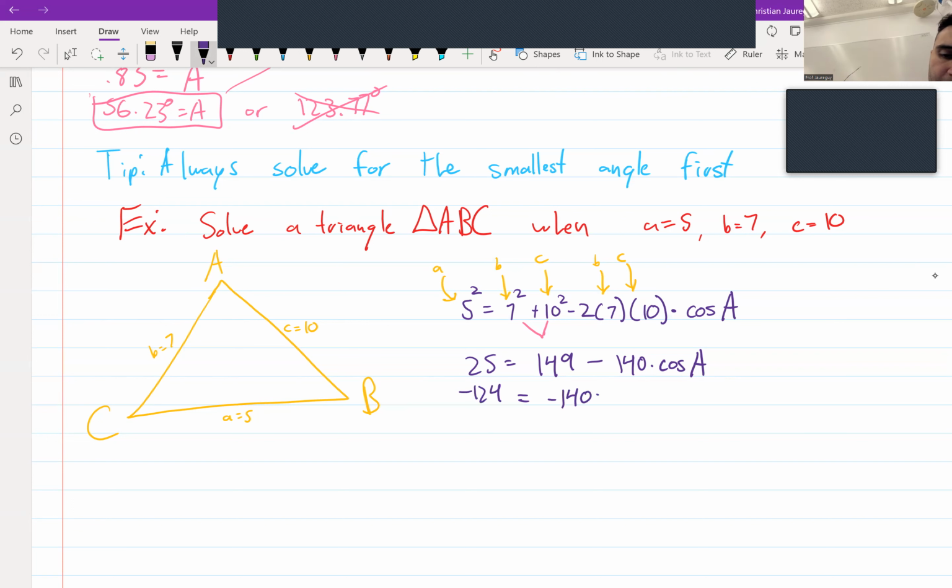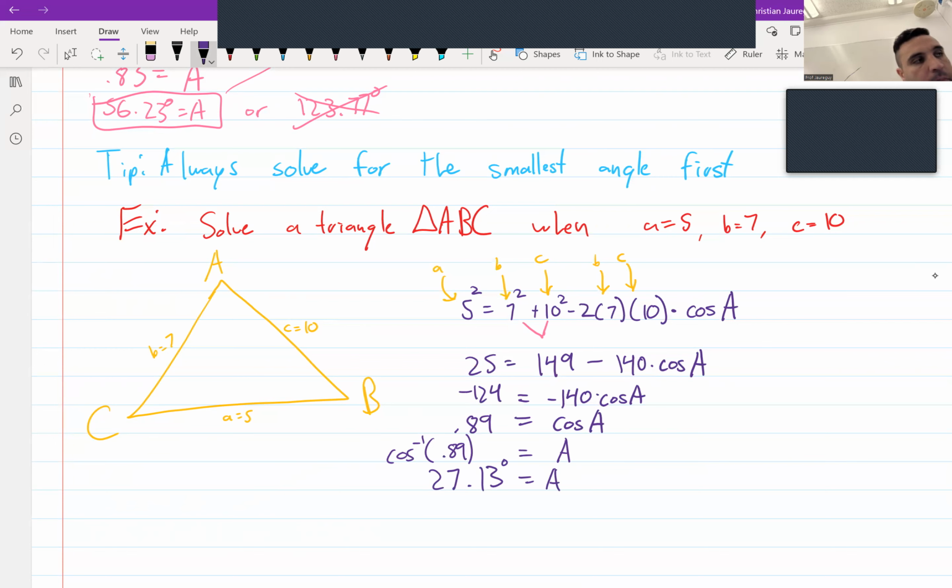Equals negative 140 times cosine of A. Cosine of big A is then going to be those two numbers divided by each other. 0.89 is what cosine of A equals. So now A is going to equal cosine inverse, which is 27.13